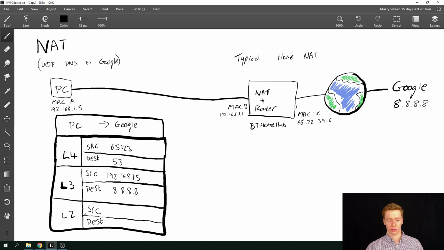Something to bear in mind with AWS is that this becomes important when you're looking at firewalls, specifically access control lists, and it varies per operating system what range of ephemeral ports it uses. So let's just say 65123, and then let's do the layer 2 stuff. The layer 2 is going to say that's my PC there, so that's my source, and I'm going to send it to my router because it's going outside my network. Okay, so this packet is going to come along here,